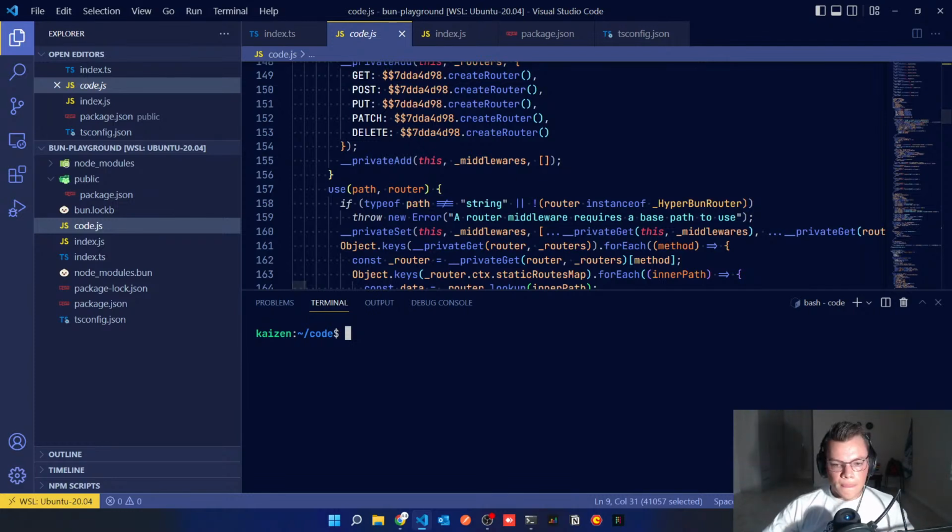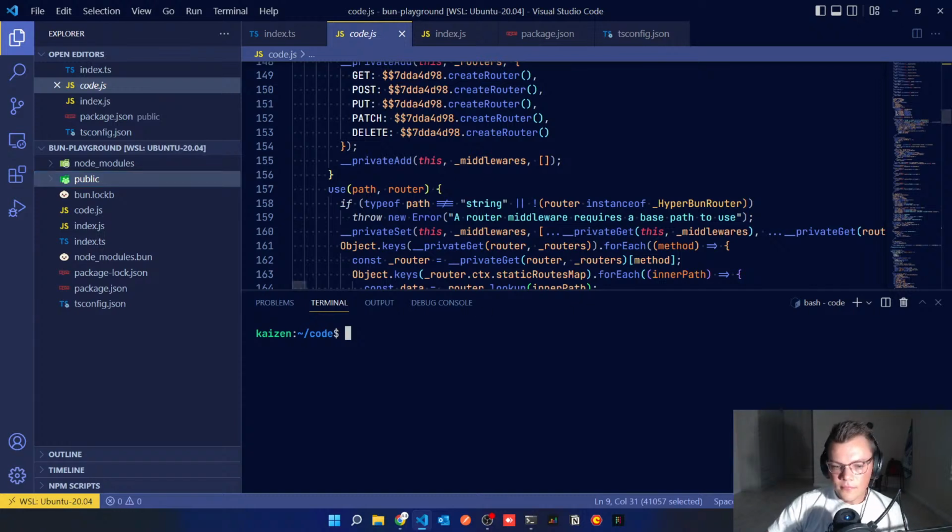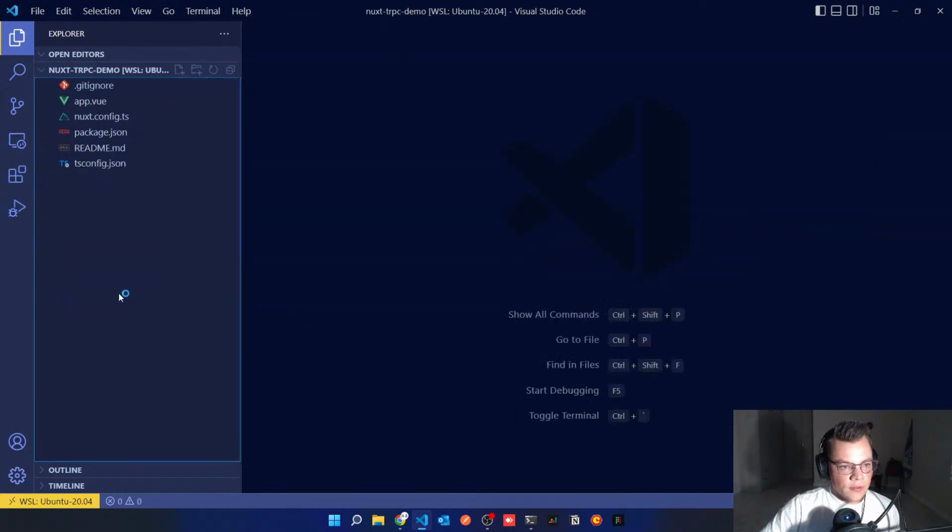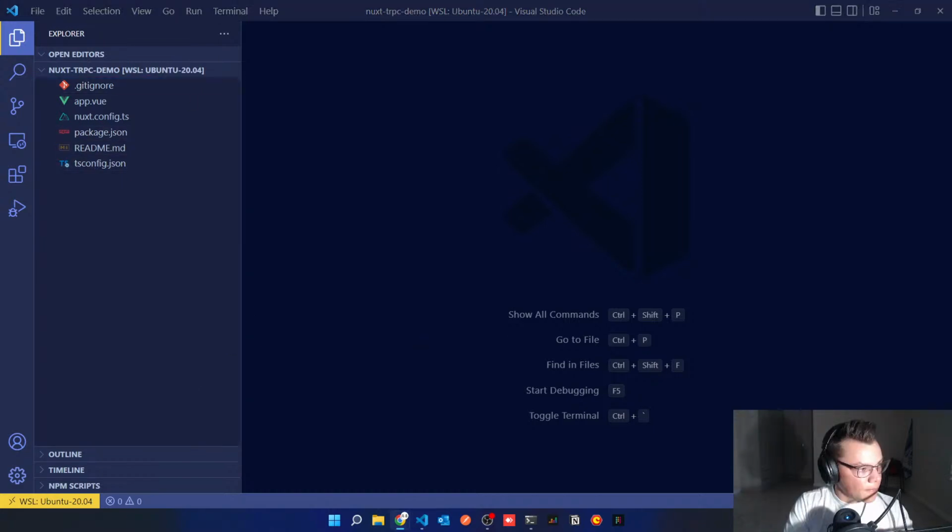So yeah, let's look at Nuxt3 tRPC. Let's see, and it's pretty cool. tRPC, and then we'll do code. Reuse this window, please. Right. So